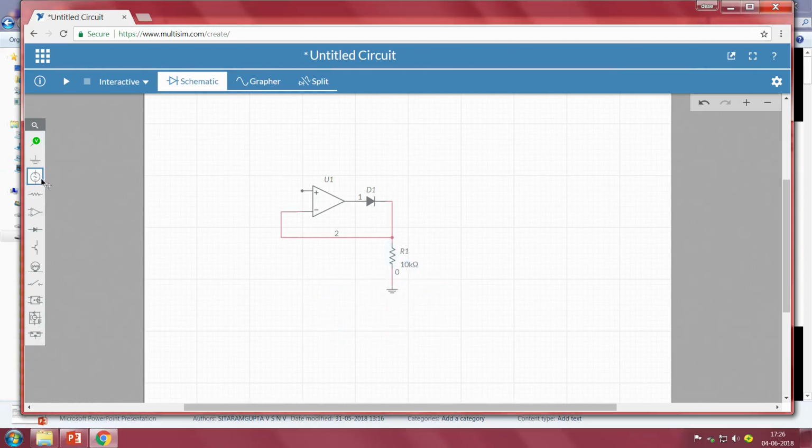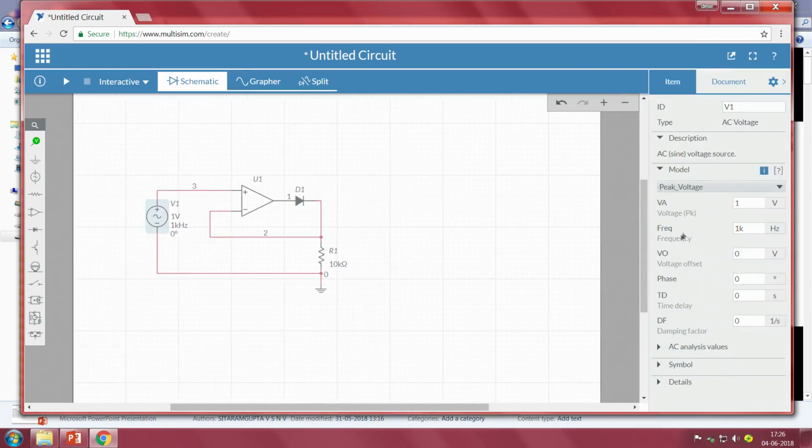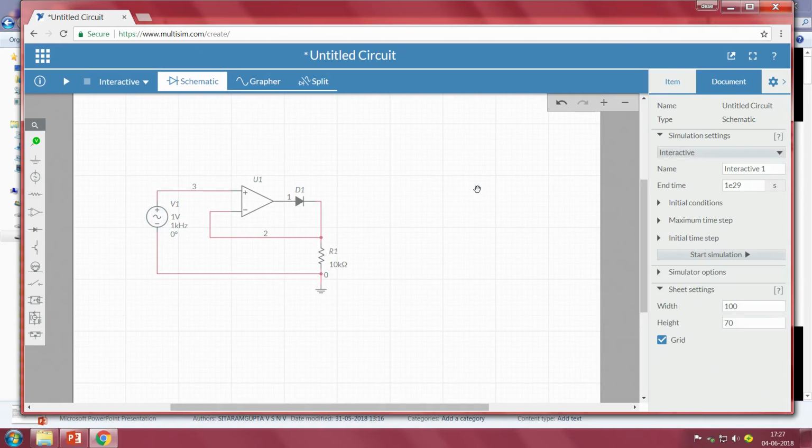Now, to understand the working of the diode, the working of our half wave rectifier, we will connect a sinusoidal input signal, and the peak to peak value is 2 volts, because this signal is generally used to represent a peak voltage itself. Since we require the positive peak and negative peak as an input signal, it is easy to understand whether it is passing only the positive peaks or positive as well as negative peaks. So, we can take peak to peak as 2 volts.